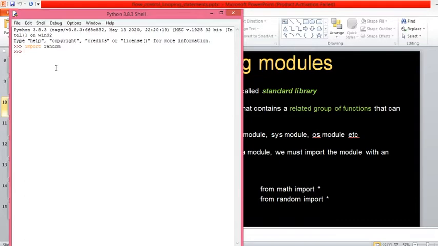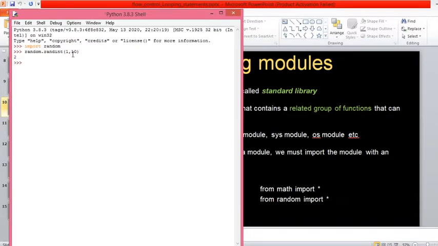For example, there is one function called randint, meaning to generate an integer number. Then you can specify the range within which it has to generate the random number. This is the starting number and this is the end number. Between 1 and 10 it will generate one integer number.